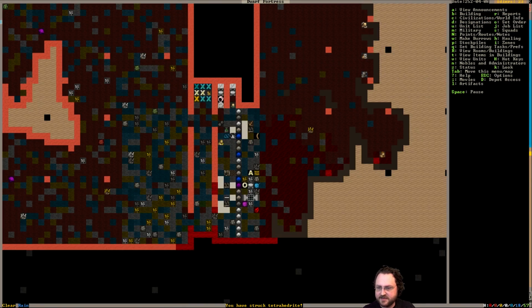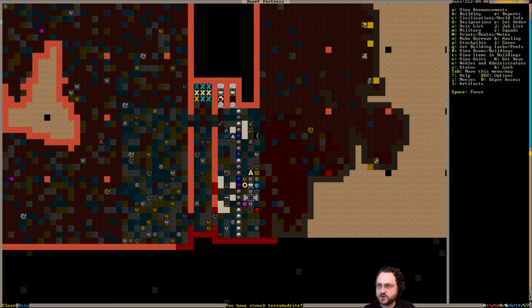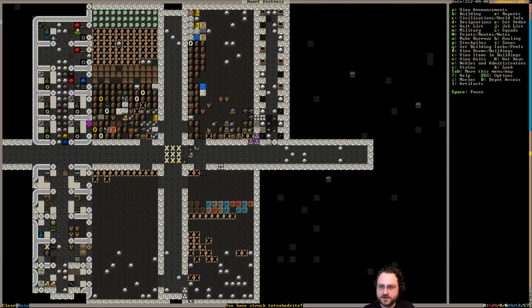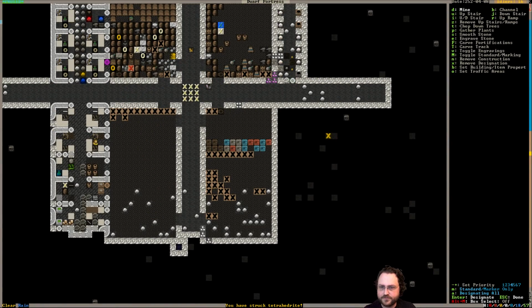One of the things I haven't done, I have my loom, which is still up here. Tell you what, I'll keep the farmer's workshop for shearing. I suppose that makes a lot of sense. Cancel the boyers, get rid of these carpenter's workshops and crafts dwarfs. We're going to move everything down below here. Although we're out of workshop space, so I should dig out some more. So, I have the 3 and then the hallway. Actually, right outside. So something like this. And then I can go...